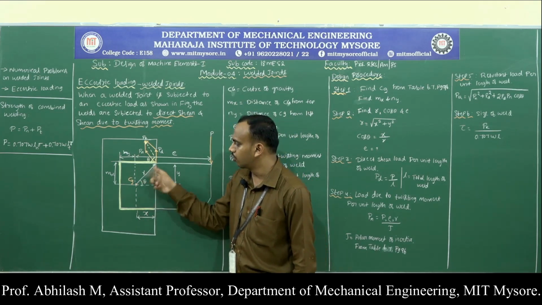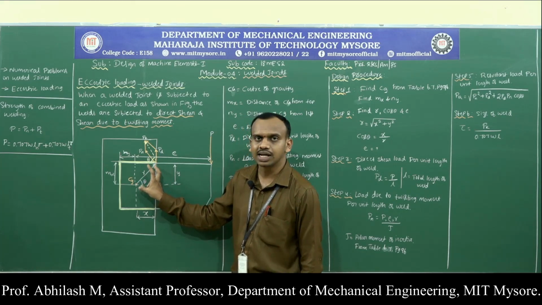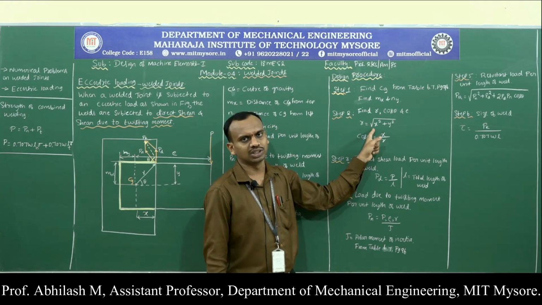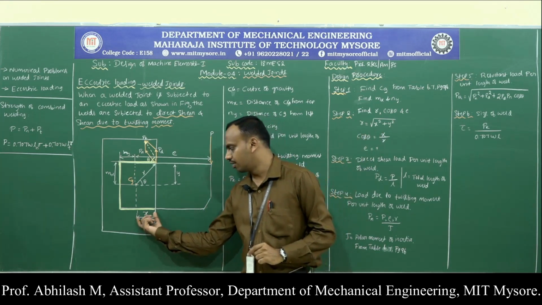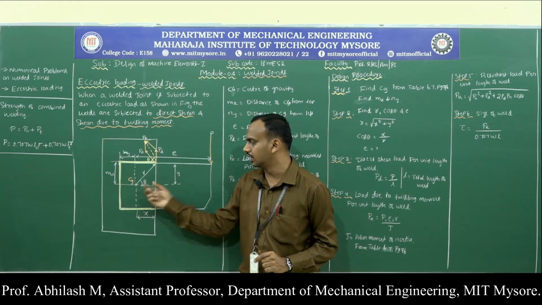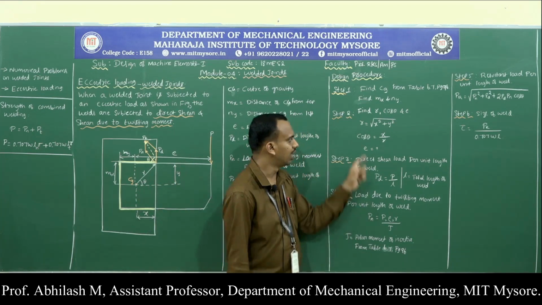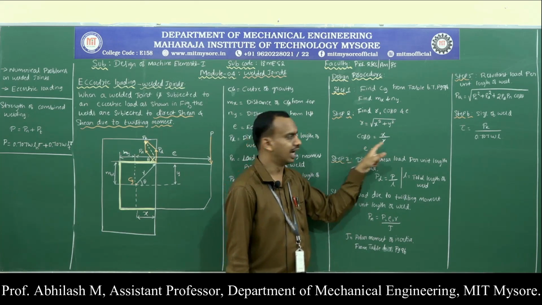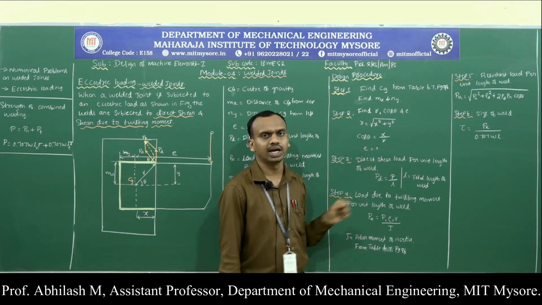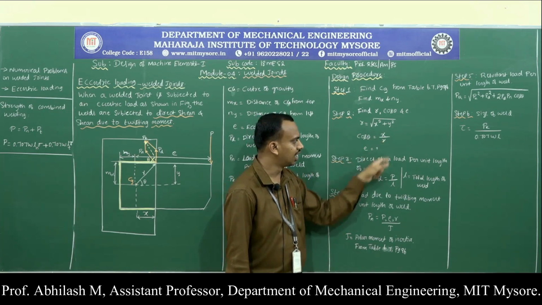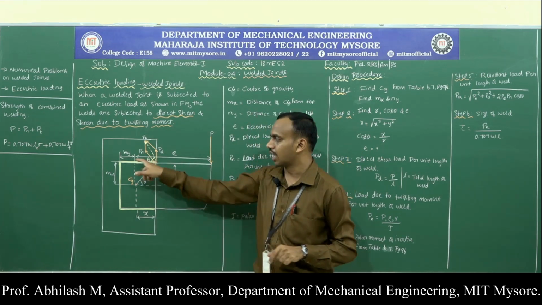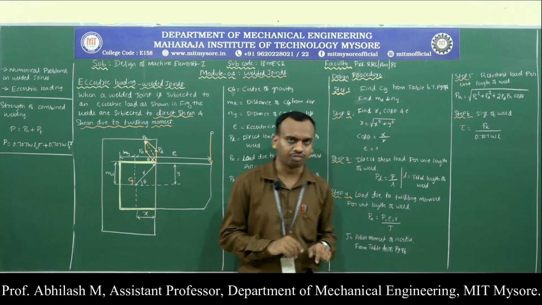Looking into the figure here, we can see the r. That r can be calculated with the help of root of x square plus y square. Here we have the x distance, here we have the y distance, basically the CG distance. Next we have cos theta, that is given by x divided by r. So cos theta is equal to x divided by r, and the eccentricity ratio E we are supposed to calculate. With the help of the calculations, we can note down the value of E as well.